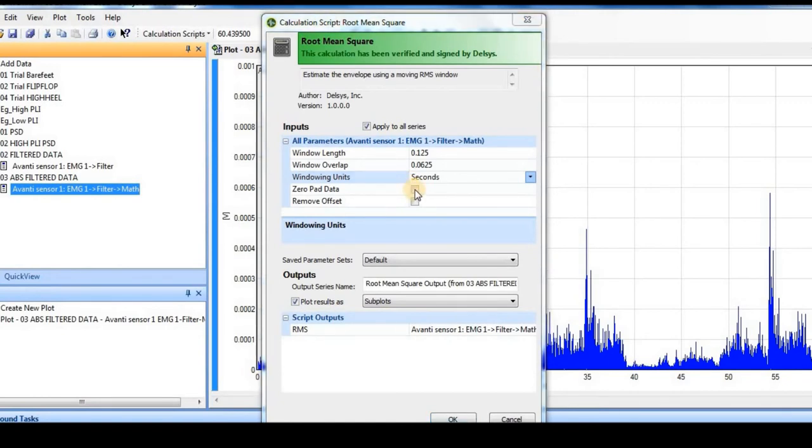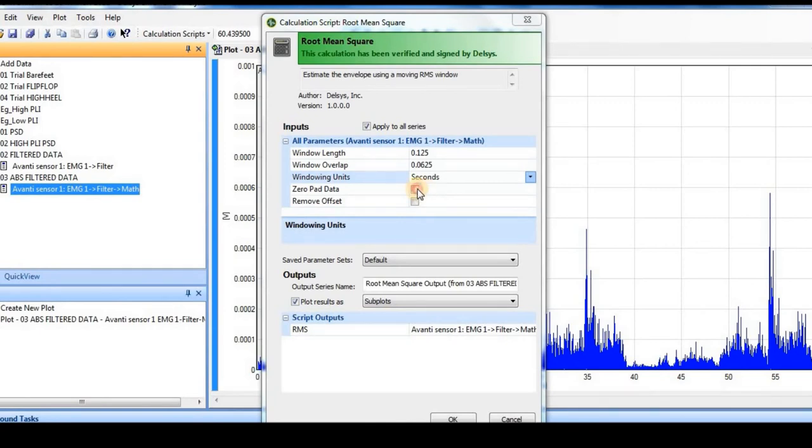Why do we zero pad the data? That is just to ensure that initially there will be zero samples or zero pads that will add to the length of the data series, such that the first window will have some zero data, and in the middle of the first window we are going to have the first actual data point of this series. The same is then done at the end also, to ensure that the total number of windows is a whole number and not a fraction.